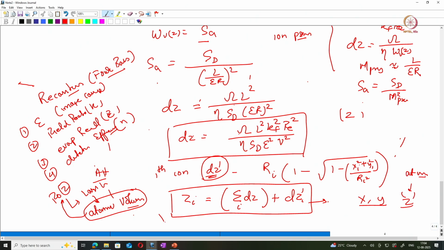In the next class we will go through each of the four basic reconstruction parameters and how to calculate them from the data obtained from the atom probe or the field ion